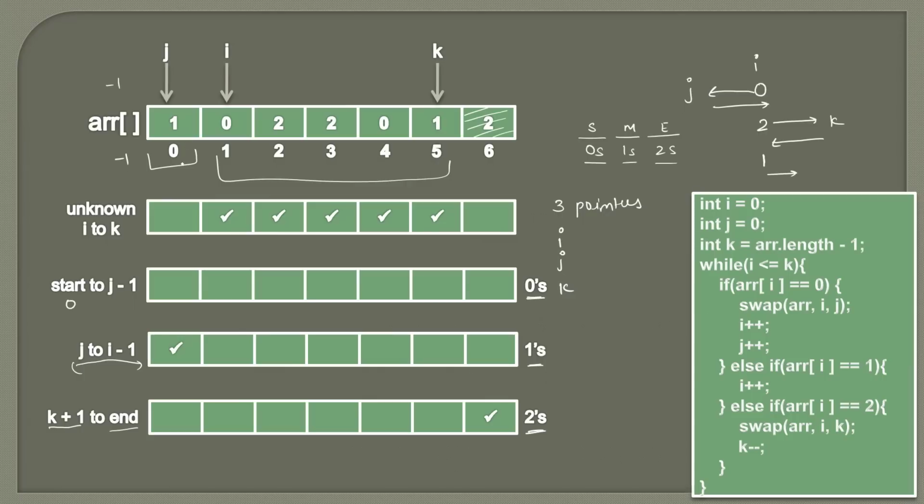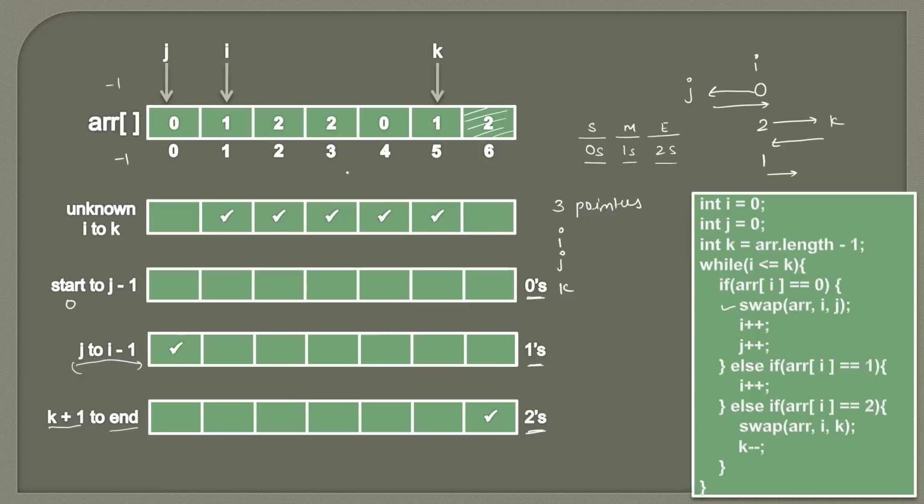Moving ahead. Now here you can see array of I is 0. So this condition will come out to be true. So here we have discussed that whenever I encounters 0, it will throw it to j and take its value. So here 0 and 1 will be swapped by this method. 0 comes here, 1 comes here. So here you can see now 1 has actually changed its position. Initially 1 was here, we had marked here. Now 1 has actually changed the position.